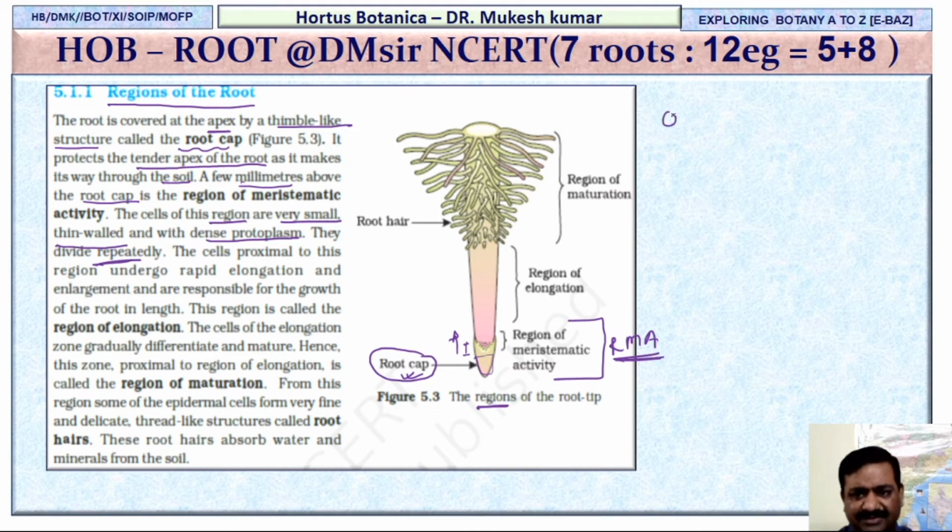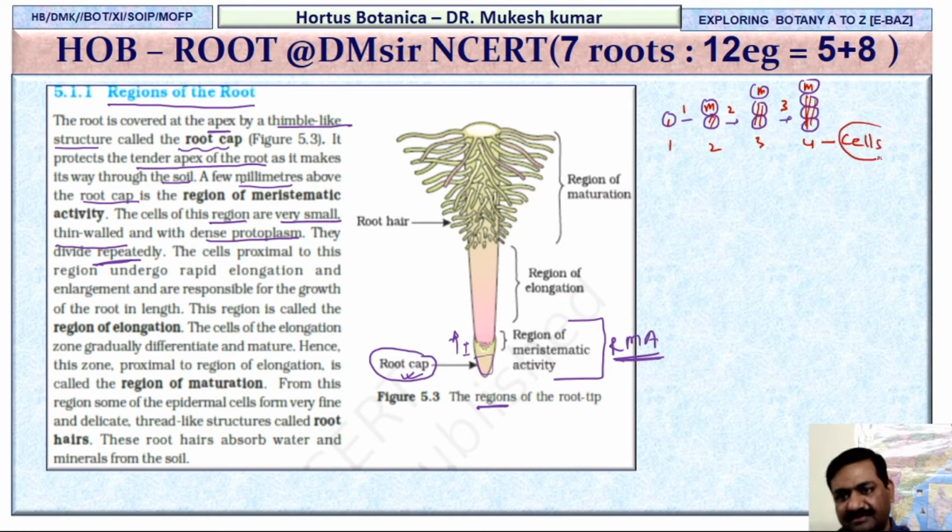Yes, these cells are very small. As a result, it will divide, as I told you, like this: 1 to 2, 2 to 3, 3 to 4. In this way, it will divide. And what happens? Just know, this is the meristematic cell, one cell. Now, again, it will divide. It will remain meristematic, all permanent. So in this way, in each step, the number of cells will increase by one: 1, 2, 3, 4. So this is the number of cells.